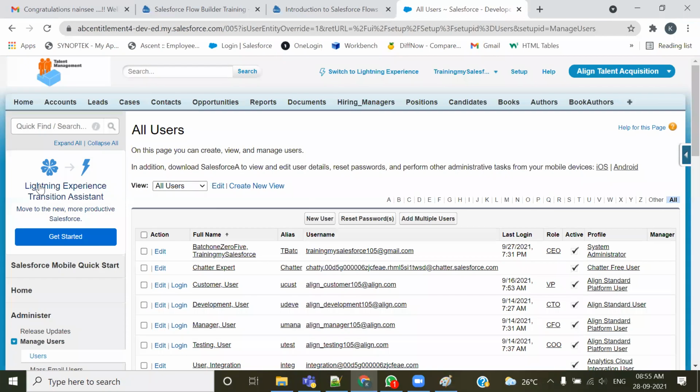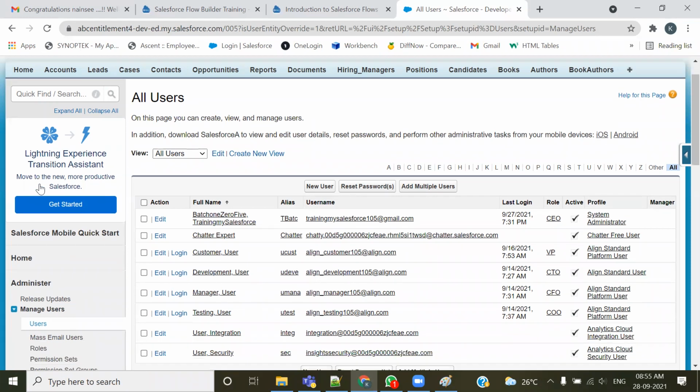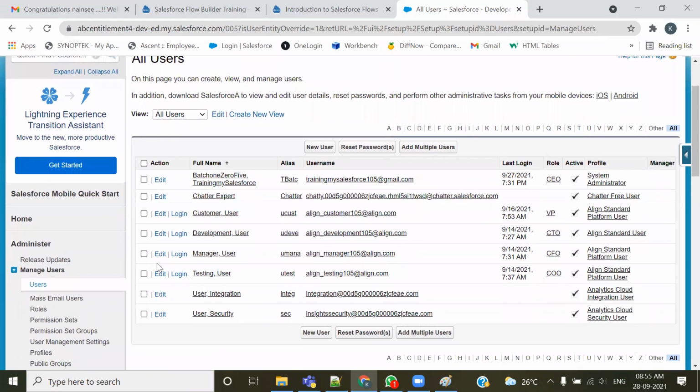कल हमने ये देखा था कि रिकॉर्ड नंबर 1 वाज विजिबल टू एवरीवन, क्योंकि अकाउंट का अभी तक जो OWD ऑप्शन था वो था पब्लिक रीड राइट. आज मैंने चेंजेस किए, तो अब मैं लॉगिन करके एक एक के अकाउंट में देखता हूँ. सबसे पहले मैं इनके सिबलिंग से शुरुआत. मैनेजर डेवलपमेंट यूजर के जो सिबलिंग्स हैं वो हैं मैनेजर यूजर और टेस्टिंग यूजर. और फिर इसके सबऑर्डिनेट पे आऊंगा, जो कि आपका कस्टमर यूजर है. ये जो मैंने कल रोल हायरार्की बताई